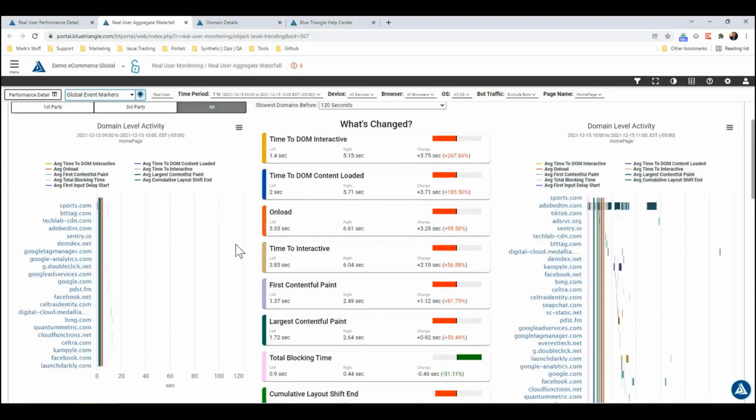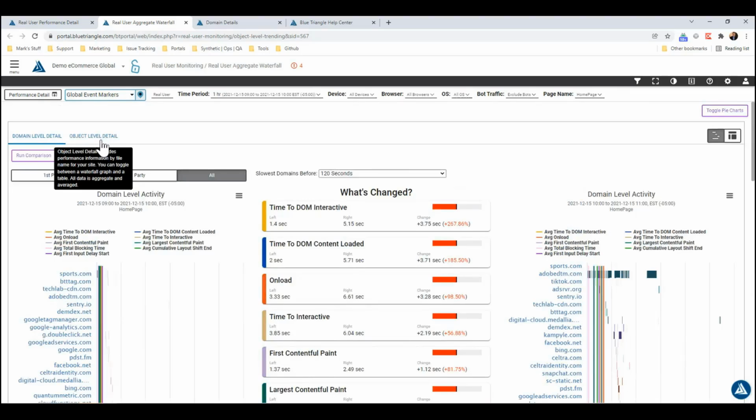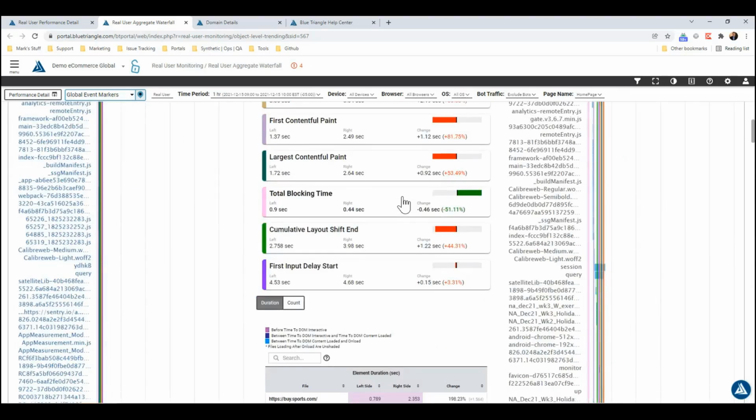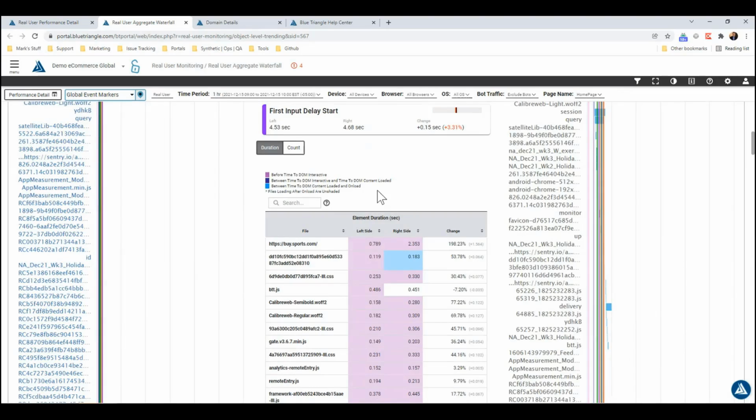Now, this is the domain level. You can also see it at the object level detail level. And there's some cool stuff going on here with the object level detail level. There's this shading in the cells here,